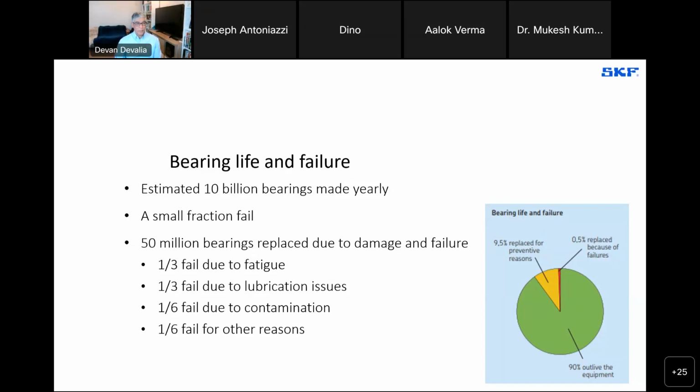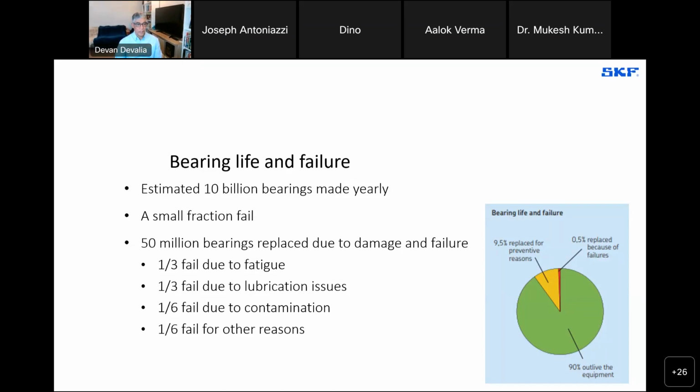A number of them are actually replaced prior to failure for preventive reasons. And approximately 0.5% of the bearings are replaced because they're damaged or fail. So doing the math, this means about 50 million bearings are replaced every year due to damage